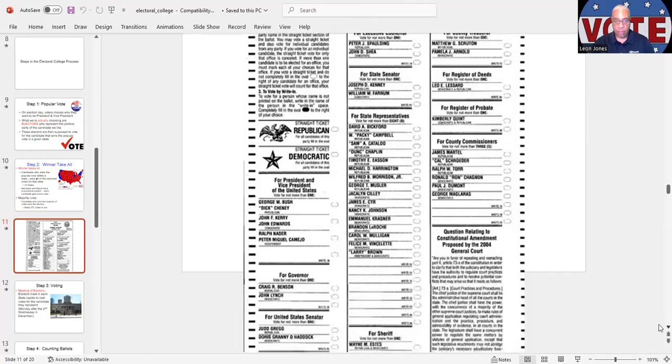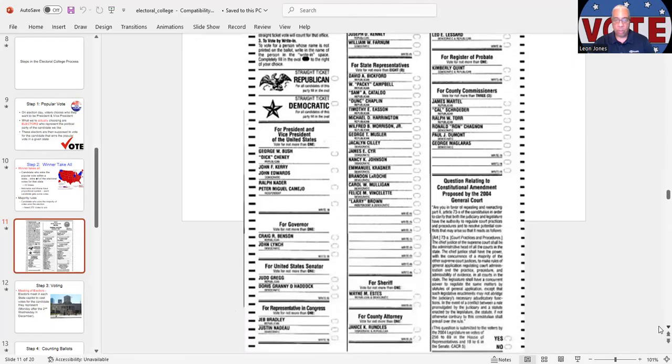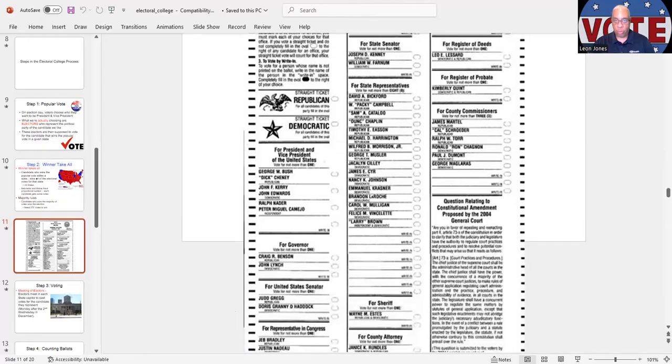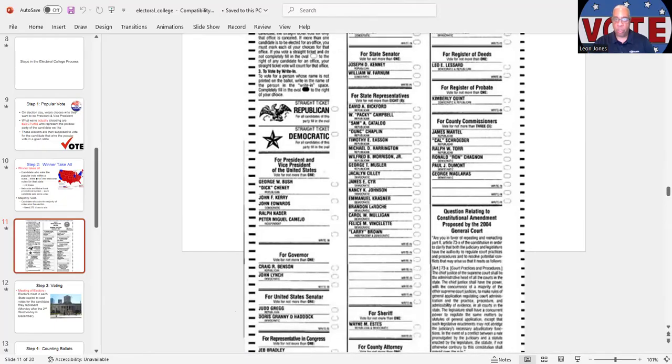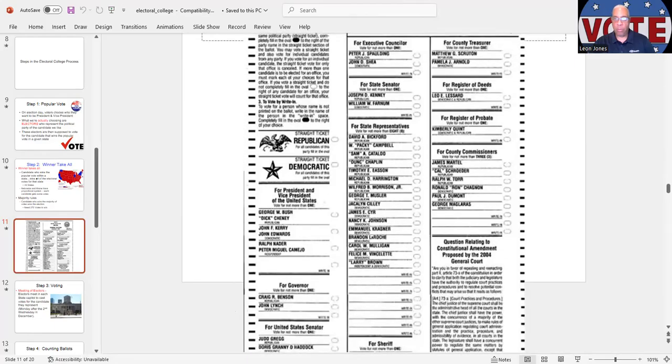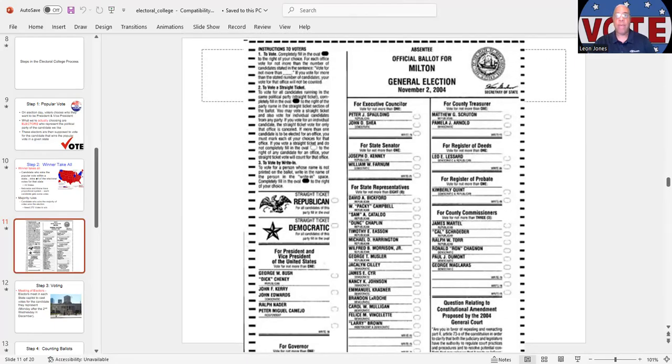But here you have the governor, you have the representatives for Congress, you need to know your county attorney, your state representatives, your county commissioners, your register of probate, deeds. All these individuals can have an impact on your life. Most people believe when they go out to vote, they're just voting for the president and vice president. No, in some states, you're even voting for governors. So while the presidential election is going on, you may have some mayoral races,